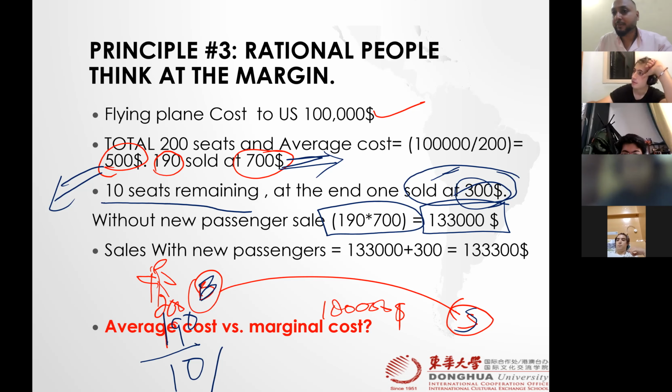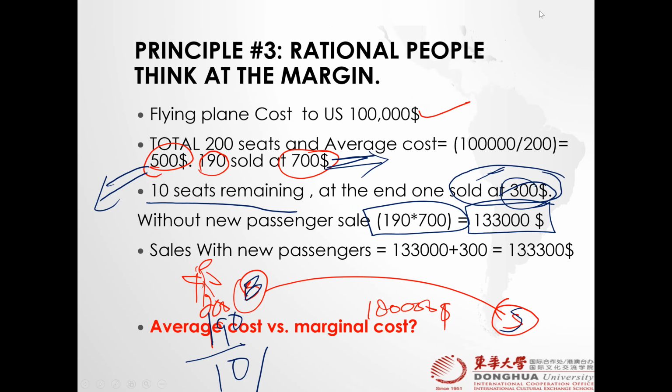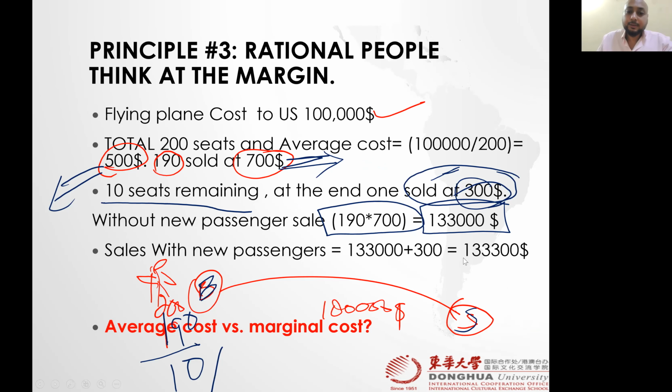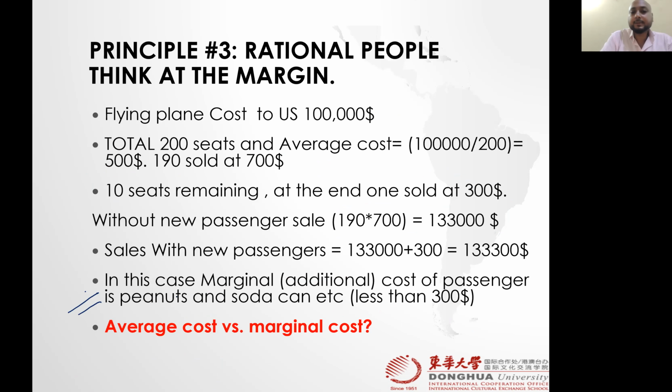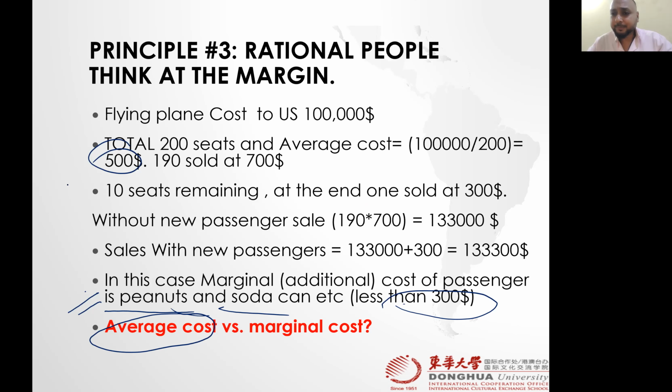Understand? Now you understand the concept of margin, everyone? Right? Good. So this is the most tricky part here. So what do we have here? In this case, the marginal cost of the passenger is going to be only peanuts and a soda can, which is of course less than $300. So we should take that. If you are a layman, you will always say that, look, the average cost is 500 and you are paying us